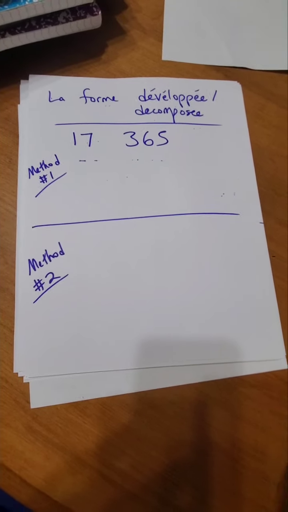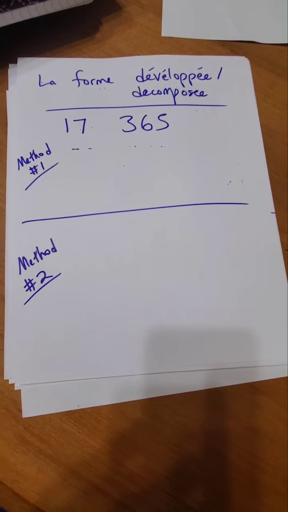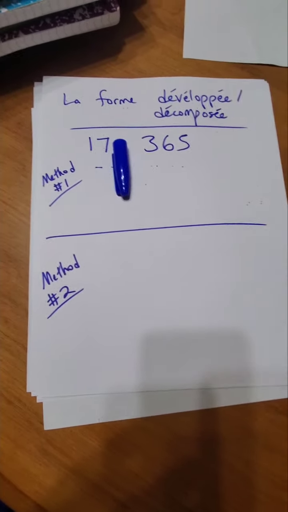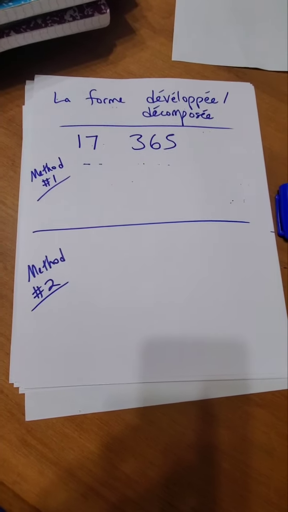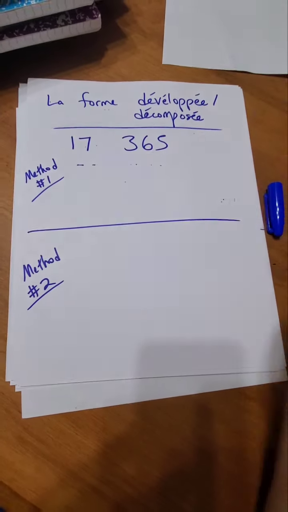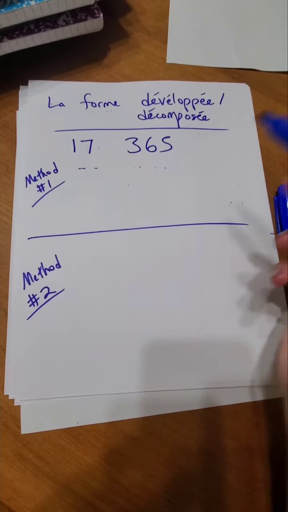Hi everybody! So in this video, I'm going to explain in English what la forme développée or décomposée, oh, I forgot my accents, whoopsie, la forme décomposée means for a big number. So this is just basically a way to break down a large number like this and say what each digit actually means. So this number is